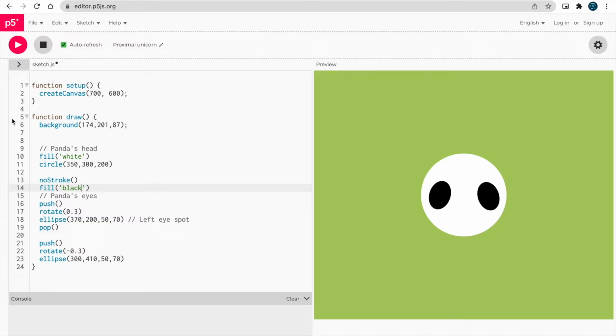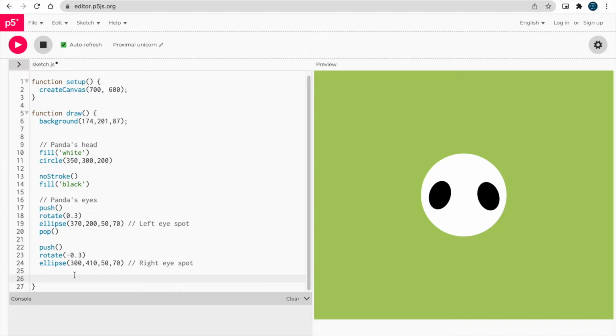And there we go, we have the eye spots ready. Now we can start to draw the eyeballs. Let's add a comment: right eye spot to this one, left eye spot to this one. Okay, now we can draw the eyeballs.